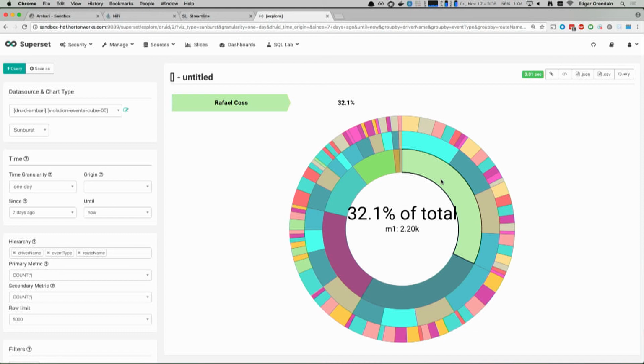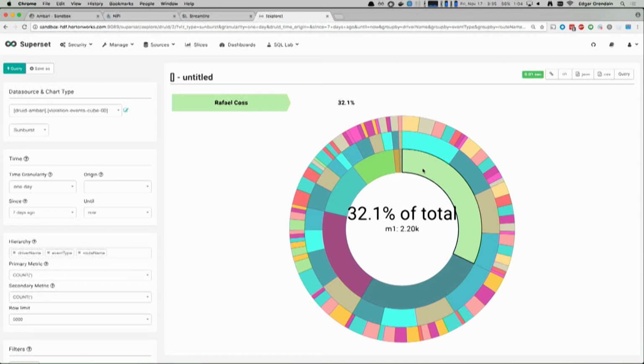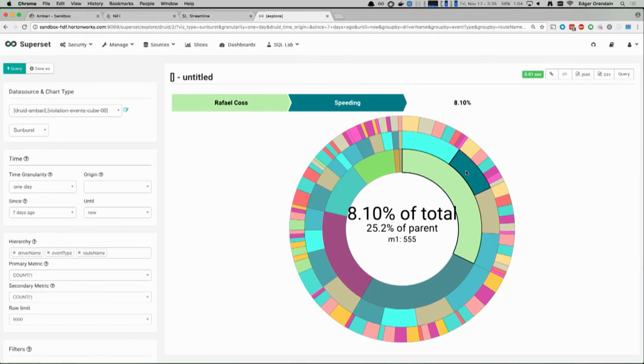Here's a visualization of the analytics that we're gathering from our simulated truck sensors in real time. So in this case, 22% of all violations were done by Rafael, and of those, 8% were because of speeding, and of those, 30% were done on a certain route.